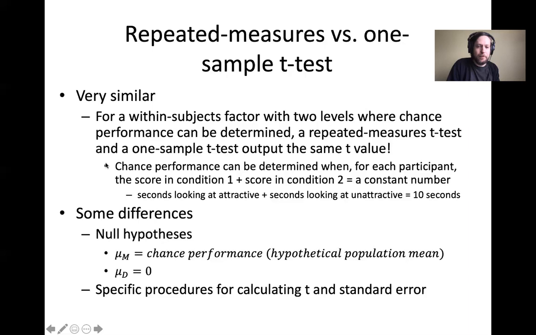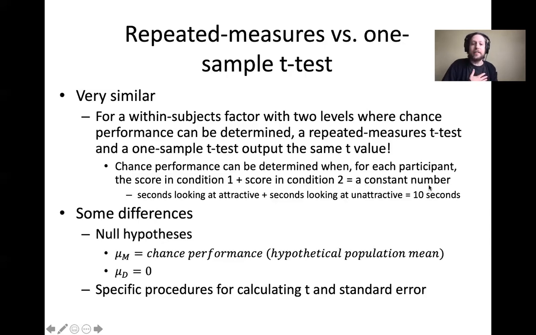Chance performance can be determined when you have a repeated measures factor with two levels, and when you add up the scores of each participant in condition 1 and condition 2, it equals a constant value. So I'm going to really emphasize this part. Chance performance can be determined when the score in condition 1 plus the score in condition 2 equals a constant